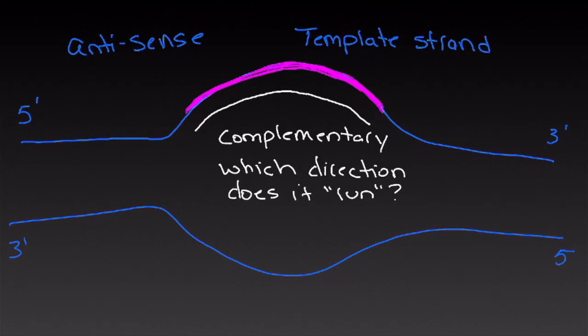It's complementary. So this end of the mRNA is going to be 5 prime, and this end of the mRNA is going to be 3 prime. And I'll label that. This is our mRNA. Okay, so these are just some important things to have in your head as we start digging into the way that transcription